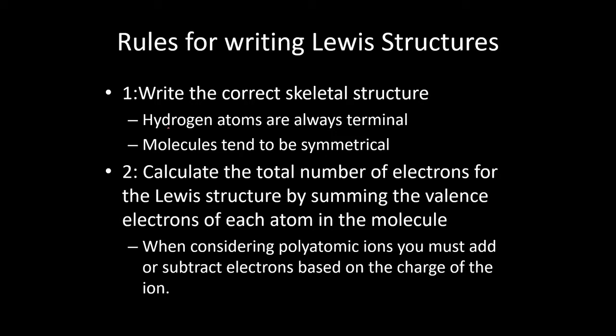The first one here: hydrogen atoms are always terminal. What that means is you might have some element X, and if you have hydrogen bonded to it, as you'll see in just a second, we're going to represent bonds as a line, like this. If you have hydrogen bonded to it, the molecule doesn't go any farther than that. If you remember, hydrogen only wants a duet. It only wants 2 electrons. And so once it gets these 2 electrons in the bond, because every bond is 2 electrons,